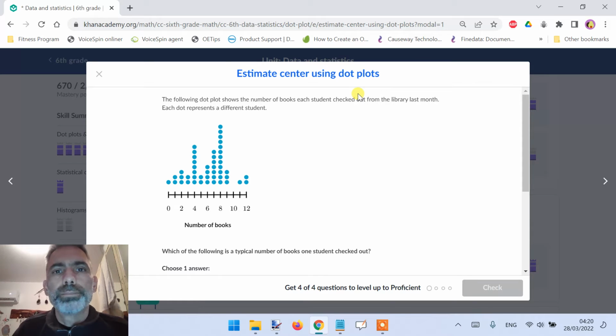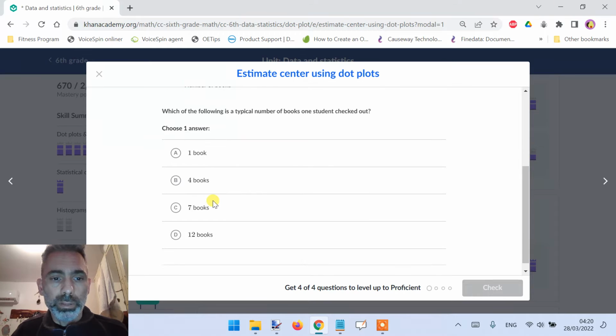Hi, this practice is about estimating center using dot plots. The first question is, the following dot plot shows the number of books each student checked out from the library last month. Each dot represents a different student. Okay, so we see that there are many dots here, and each dot represents a student, and they give us